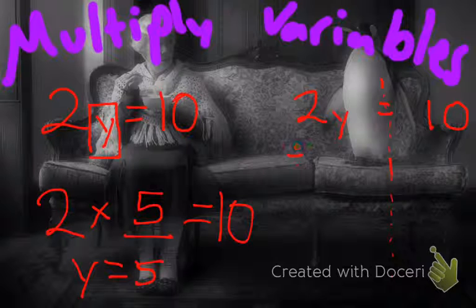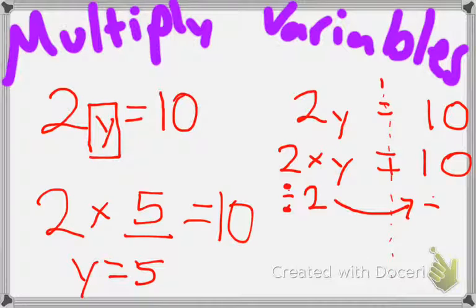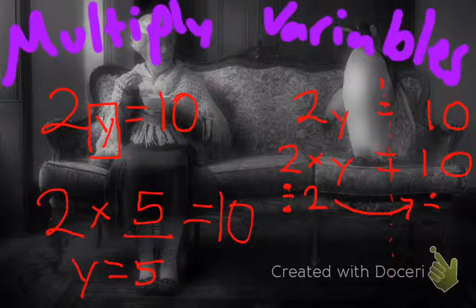Why don't we back it up a step? Let's just rewrite this problem. So 2y, or 2 times y, so nobody gets confused, is 10. So to get rid of that 2, because that's what we want to do, we just divide that 2 by 2. And if we do it to one side, we have to do it to the other side. So 10 divided by 2 is going to be 5,